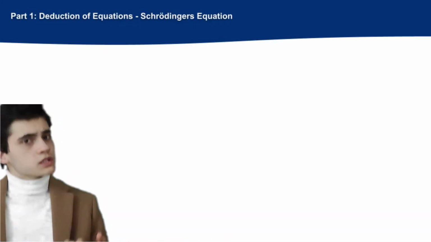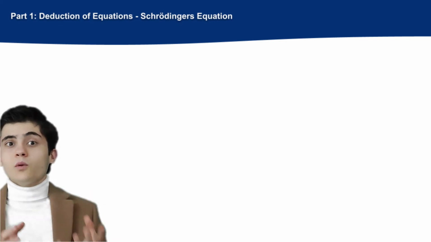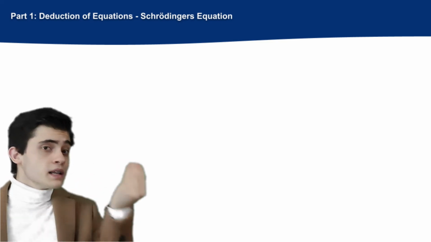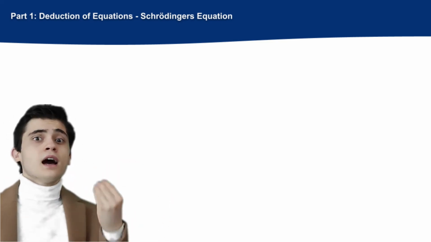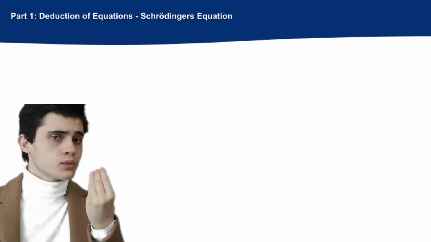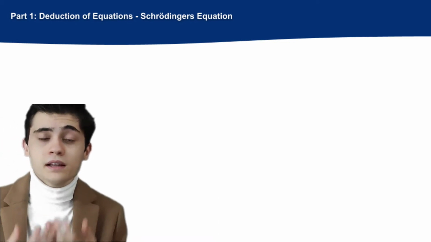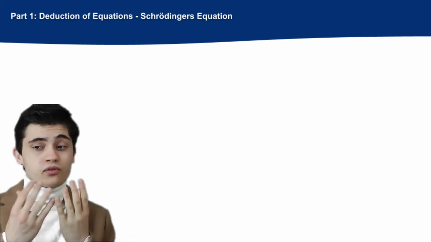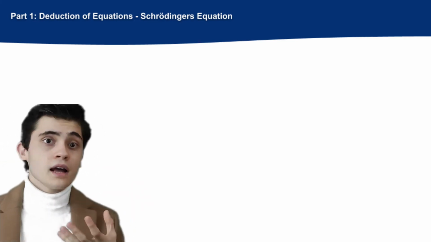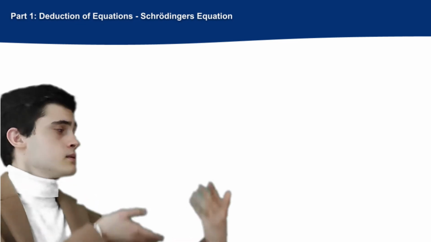Deduction of equations, the Schrödinger equation. Starting from the wave-particle duality, we can understand that each particle has associated a wave function, which represents its probability amplitude, psi, which means that we can determine the probability of finding the particle in any point of the space. And finally, we can summarize the Schrödinger equation as